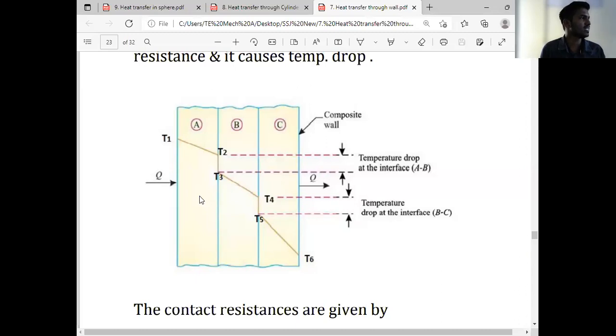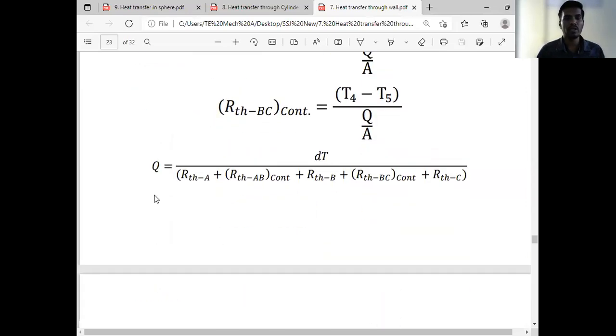So how many resistances are there? Total 5 resistances are there. So according to that we have to write the equation for the Q. म्हणजे Q चे इक्वेशन काय होणार बघा, Q is equal to temperature difference divided by thermal resistance of plate A, then contact resistance of plate AB, then thermal resistance of plate B, then contact resistance of plate BC and thermal resistance of plate C. समजले,